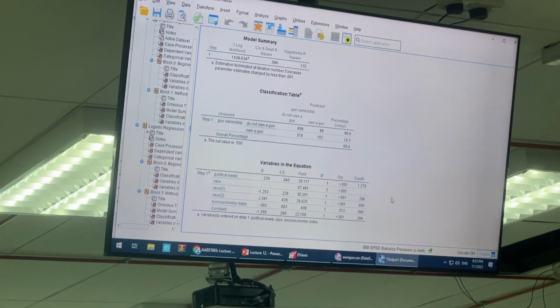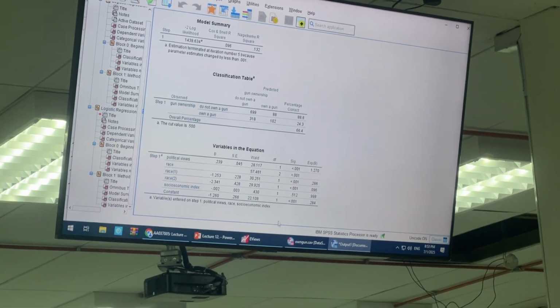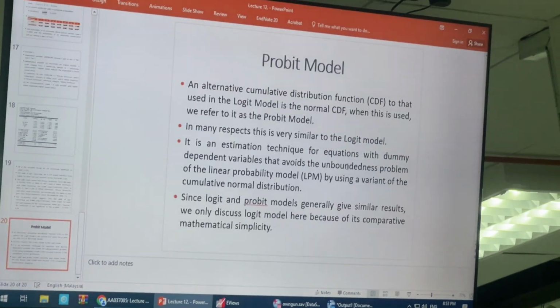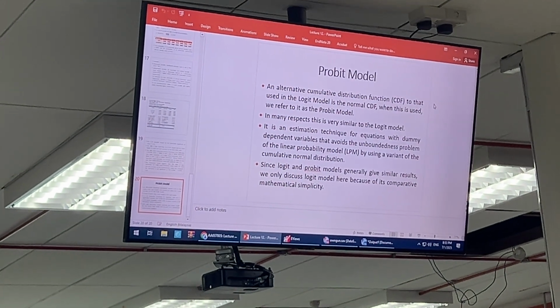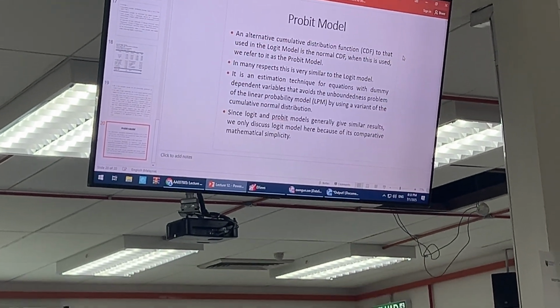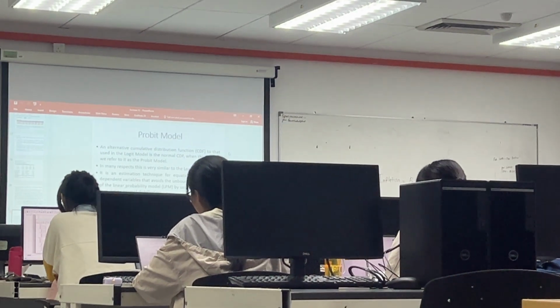The exponent of the coefficient. And then that's another model, one we call the probit. So this one you can explore on your own, but it is an alternative where the cumulative distribution function used in the logit model is replaced by the normal CDF. When it is used, we refer to it as the probit model. In many respects,